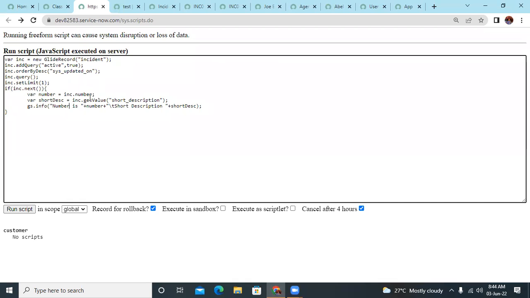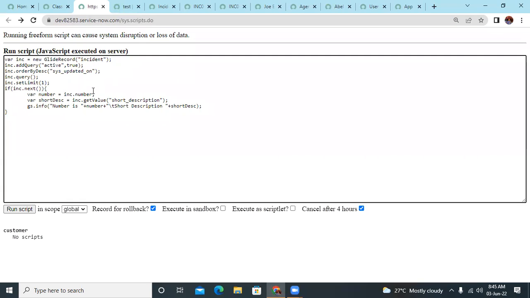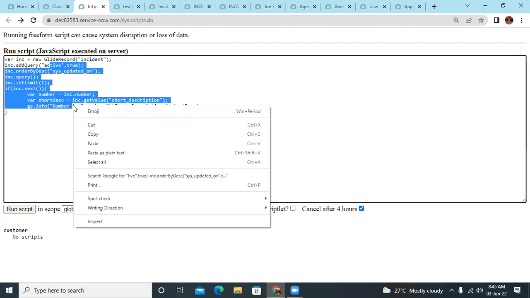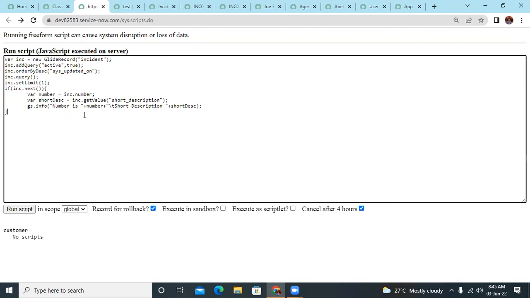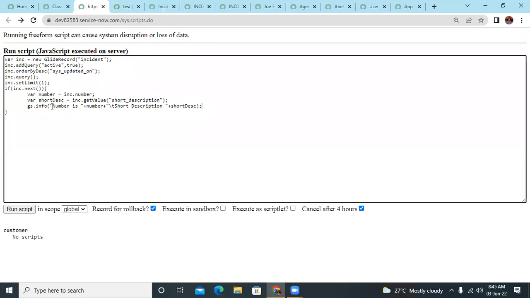Yeah, we can update the record, but as of now, I'm just telling about how to get the record. I'm just telling about how to read any records using GlideRecord. In order to update, we can even update, but as of now, I'm just telling how to get the records. So whenever you want to update any record, what you have to do is, like, whatever this particular incident